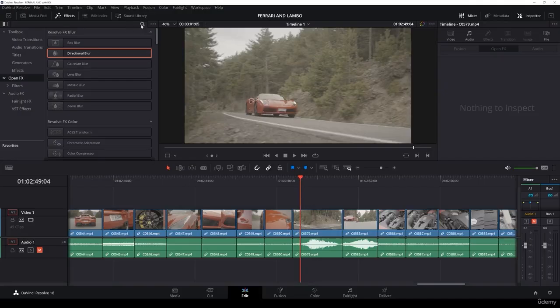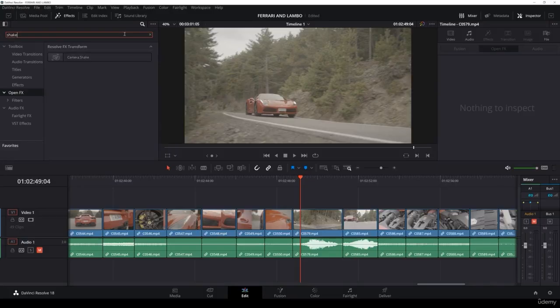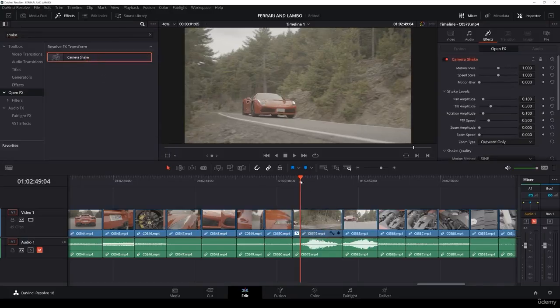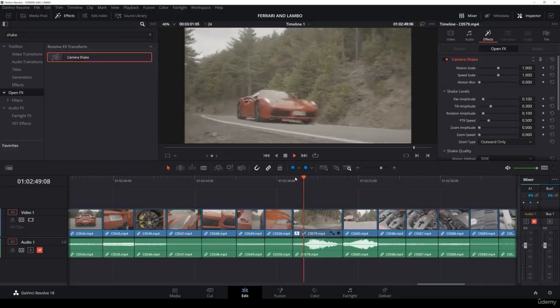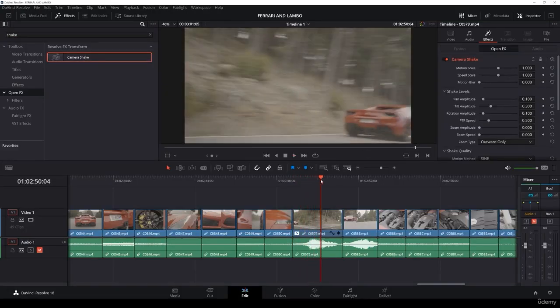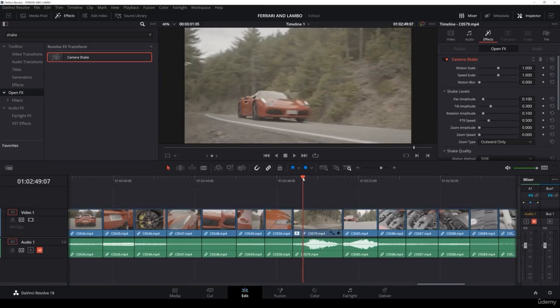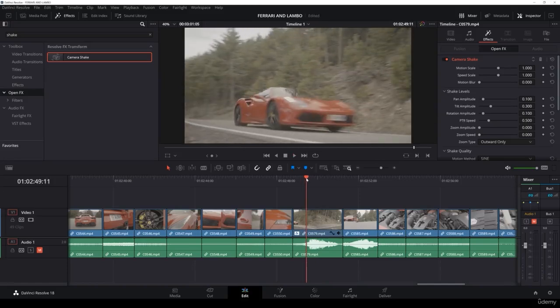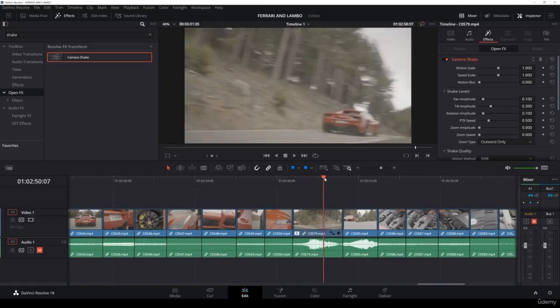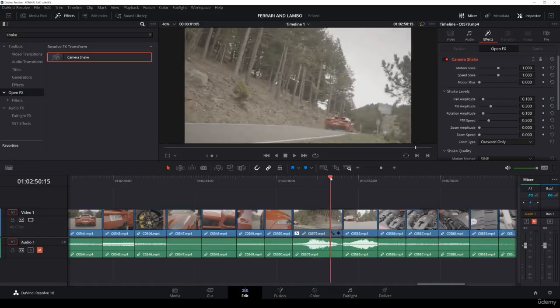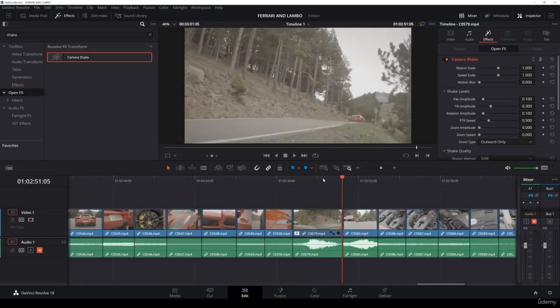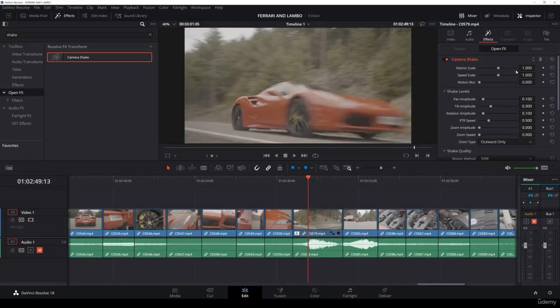So we're gonna go up here, look for camera shake, and apply it onto our clip. Now, the camera is shaking, but not too much. And again, I want the shake to start right here, when the car is passing by the camera, and then stop it probably here. You see the camera is shaking, right? So what we're gonna do is,